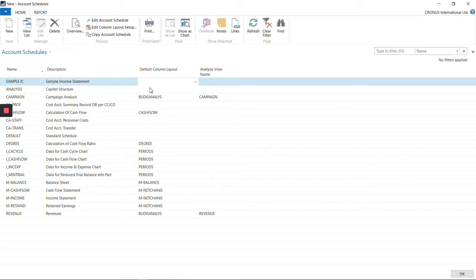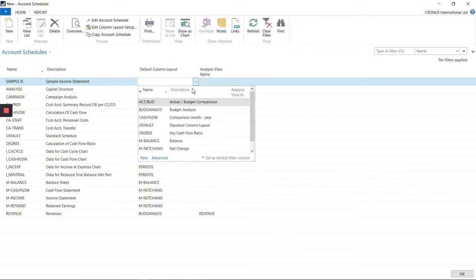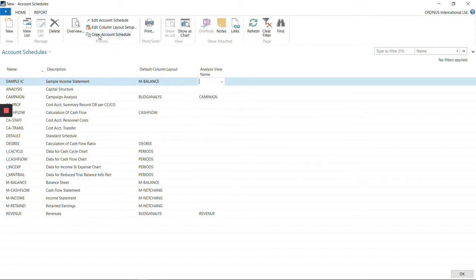Now, the default column layout, this is where you specify the column layout you want this account schedule to be attached to. So now account schedules are made up of rows and columns. So we would see where we have the page to define the rows, and then as the video goes on, we'll see how to define the columns for the account schedule. So I'm going to select this balance, and then to edit the account schedules, I click on Edit Account Schedules